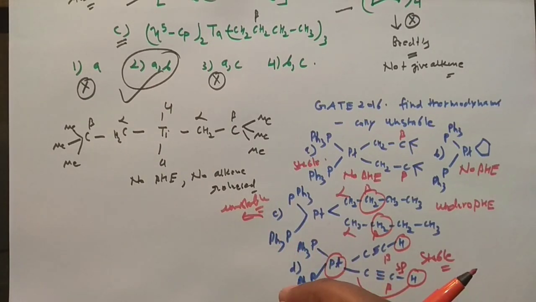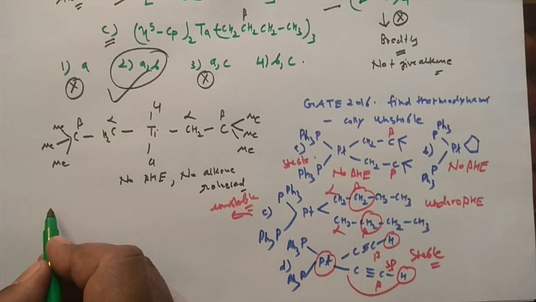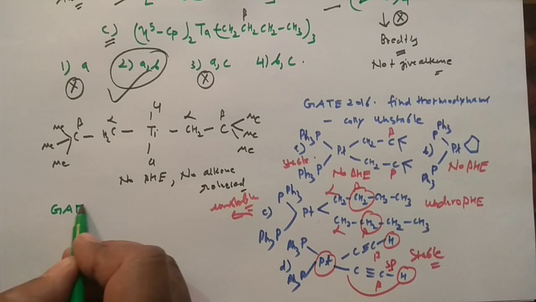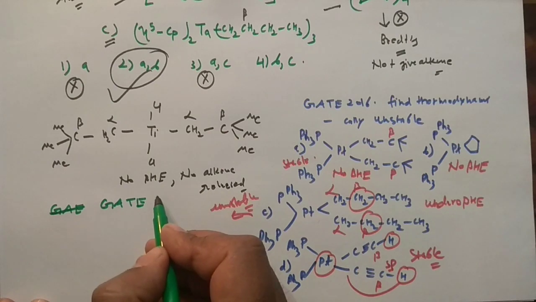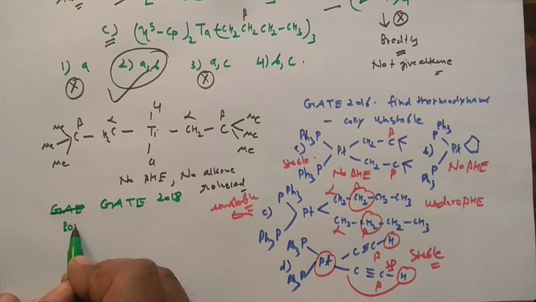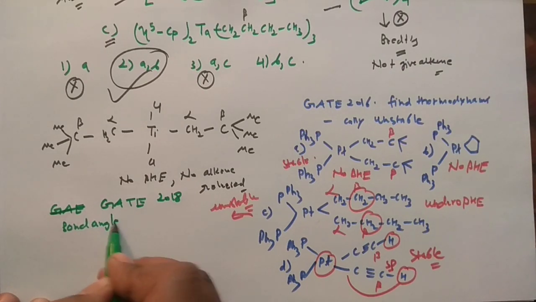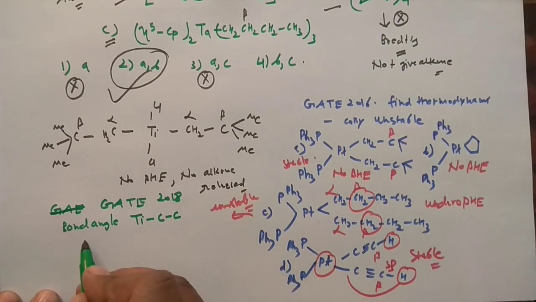This is how you can solve. Now the last question from the same examination, the GATE examination. Last question, and then I'll conclude this part. Say this is a GATE 2018 problem. They have given you the bond angle between titanium, carbon and carbon